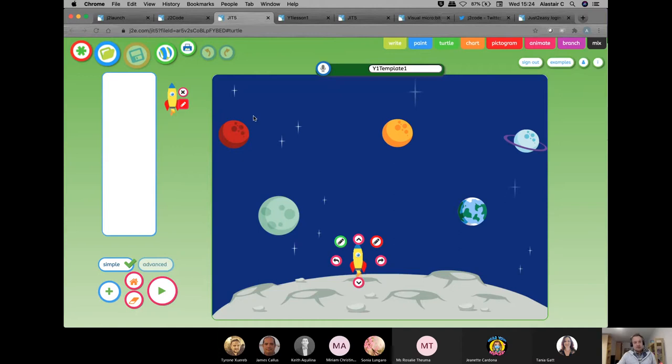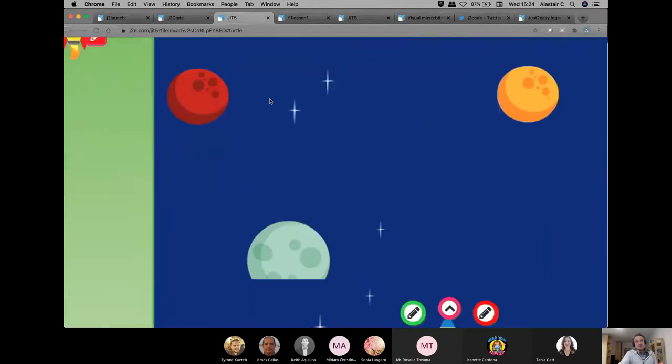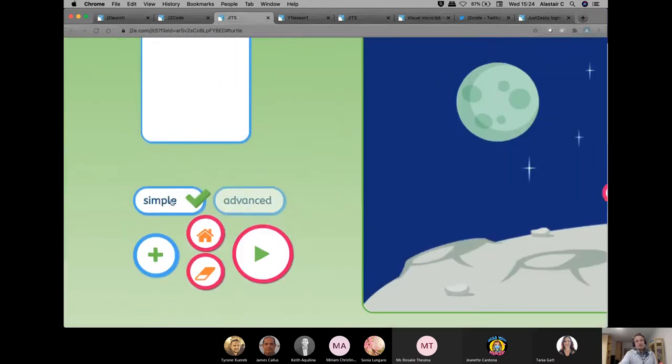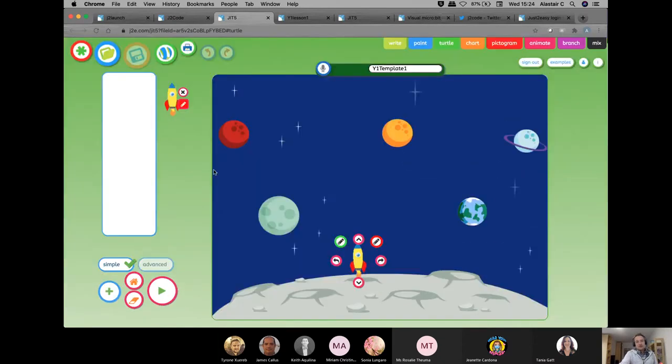And what you'll see here on the screen, if I just zoom in a little bit and go down to the bottom here, you see this mode is simple. And you've got advanced mode as well. So a great way to get started working with different levels of coding ability is to go through the process of getting a student to navigate the spaceship in a number of moves to the orange planet, for example. You could make this up to whatever task you want it to be.